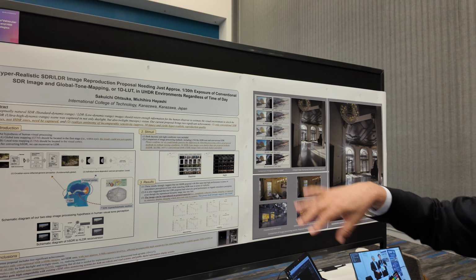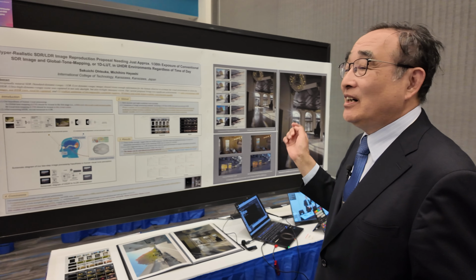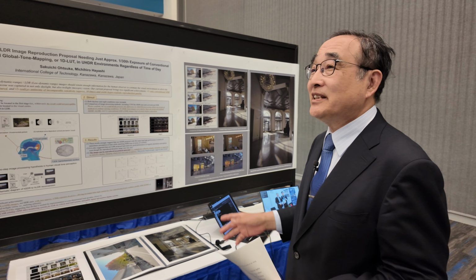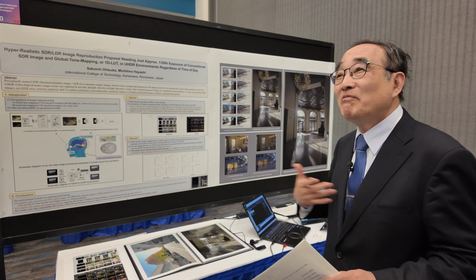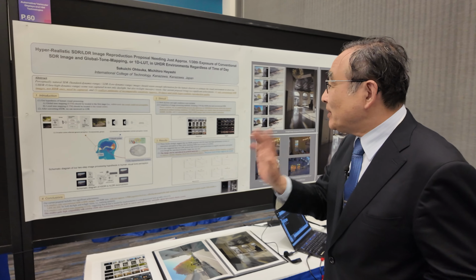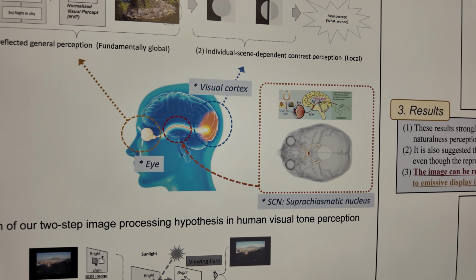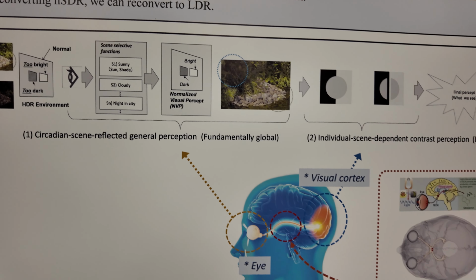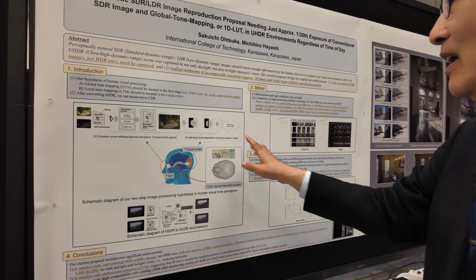I observed the natural environment precisely. Therefore, we expect the tone mapping by my experience. The important thing is that this global tone mapping is not visible to our vision, because we